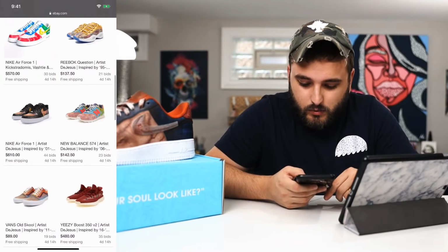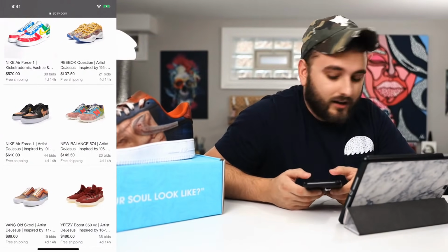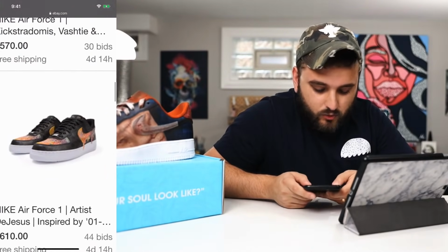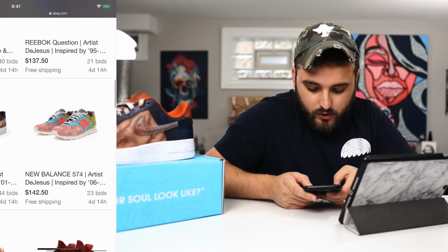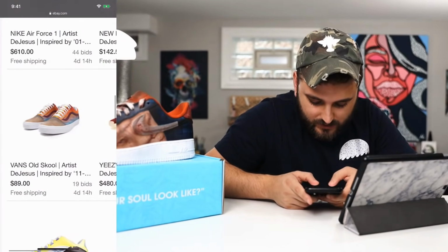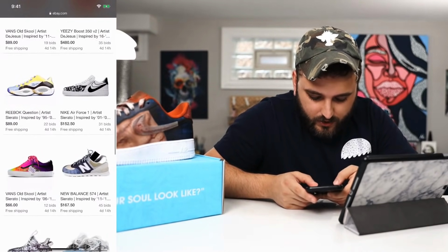I'm definitely pleased with these, the 5 pairs that I did. I'm sure you guys saw a lot of the stuff on Instagram. So my first pair was these Reebok Questions with the Kuji print. Then I did these Rave Air Forces, these Harajuku New Balances, the Desert Camo Yeezys, and these Sunset Vans. And Serato had some really cool pairs. It looked like he did...